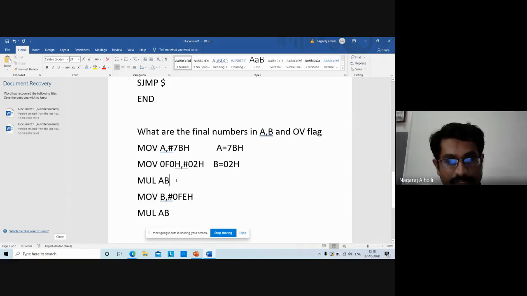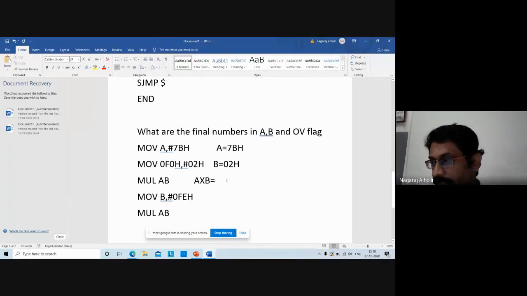Then the next instruction is MUL AB. It will multiply the value in A with the value in B. Now multiply these two values and tell me how much you are getting. Take your calculator, keep it in hex mode. Multiply 7B into 02H and tell me the answer in hex.